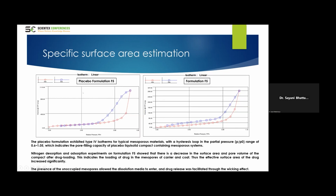So F5 was subjected to specific surface area estimation through BET study, and we have compared the BET graph with a placebo formulation of F5. The placebo formulation exhibited type 4 isotherms for typical mesoporous materials, and it showed a hysteresis loop in the partial pressure range of 0.6 to 1.05 that indicates poor filling capacity of placebo liquid solid compact containing mesoporous system, whereas the formulation 5,